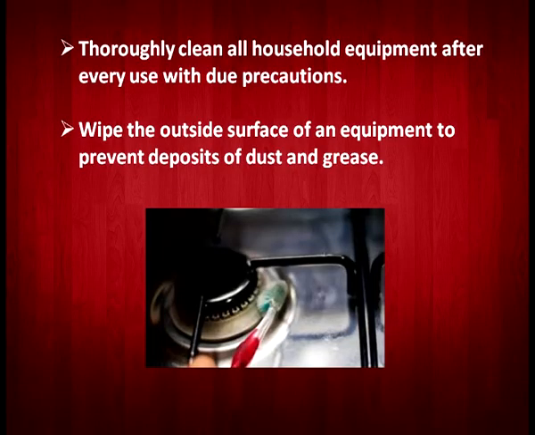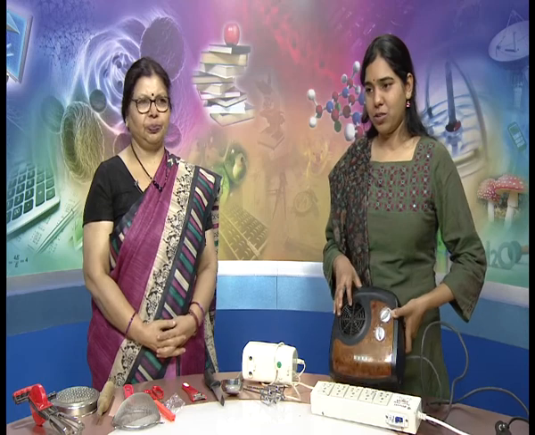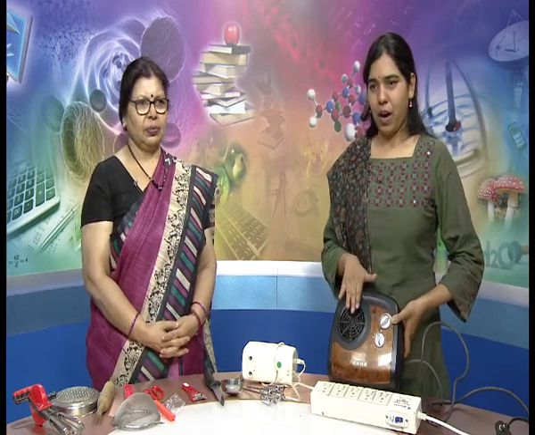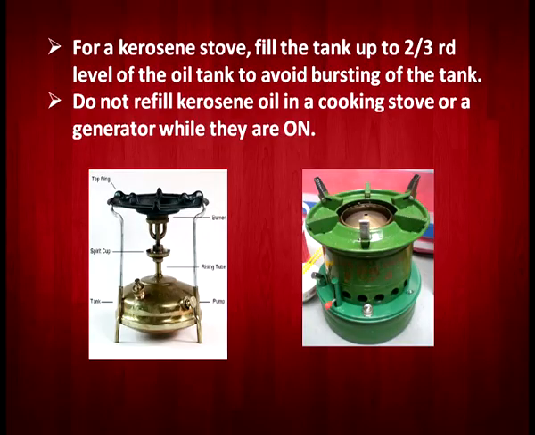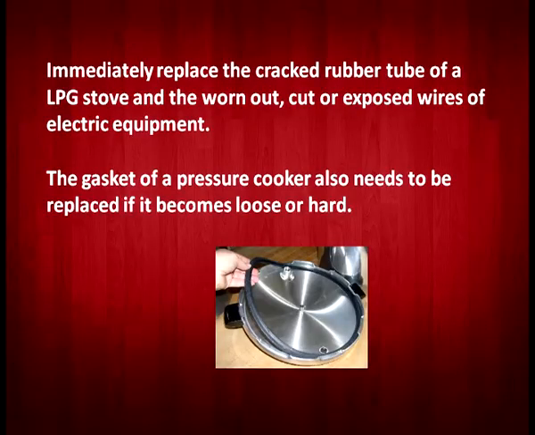Thoroughly clean all the household equipment we have mentioned earlier also. This is the fan that runs, so you don't have to tamper with this thing. You have to just keep it like that and you don't have to put your hand over it, right? Otherwise the air will not come from this vent. So we have to be very careful how to clean it, and we have to clean it regularly to prevent the dust and the grease. Because all this dust and grease can easily catch fire, and that is the importance of cleaning regularly. And particularly do not clean when they are on or functioning.